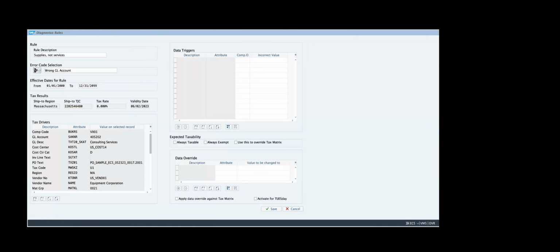So if I double click on the vendor here, it'll make it one of my data triggers. I might also base it on the fact that they miscoded it to the consulting services account. And what I can then do is set up an override rule. Now what this override rule is going to do, if I say basically they should have used this account instead,